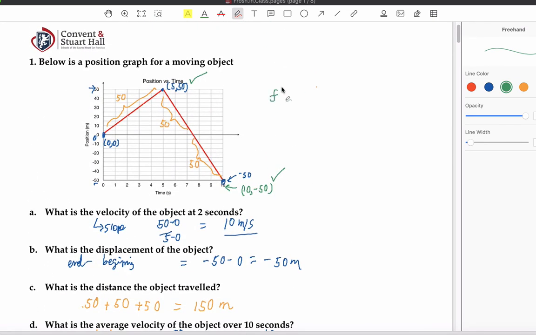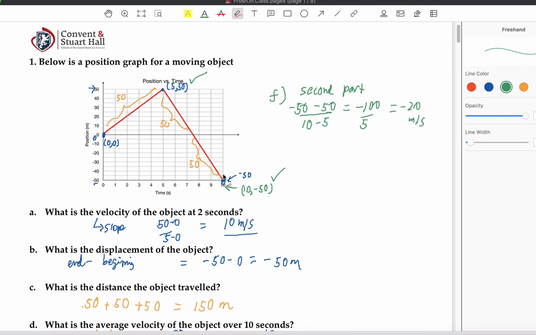So this is for part F. For the second part, I'm going to get the slope as negative 50 minus 50 over 10 minus 5. That's going to be negative 100 over 5, which is going to give me negative 20 meters per second